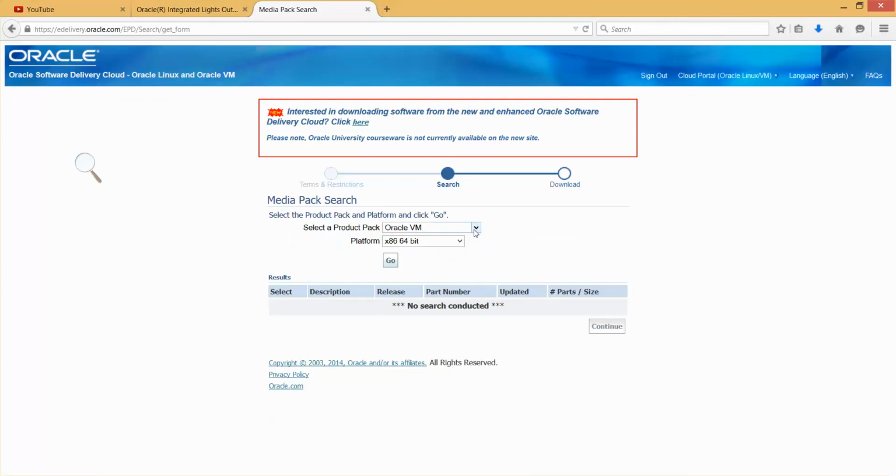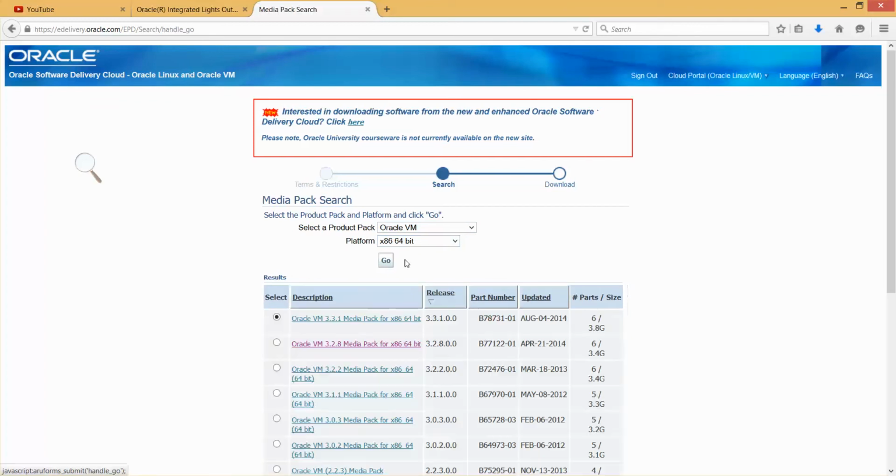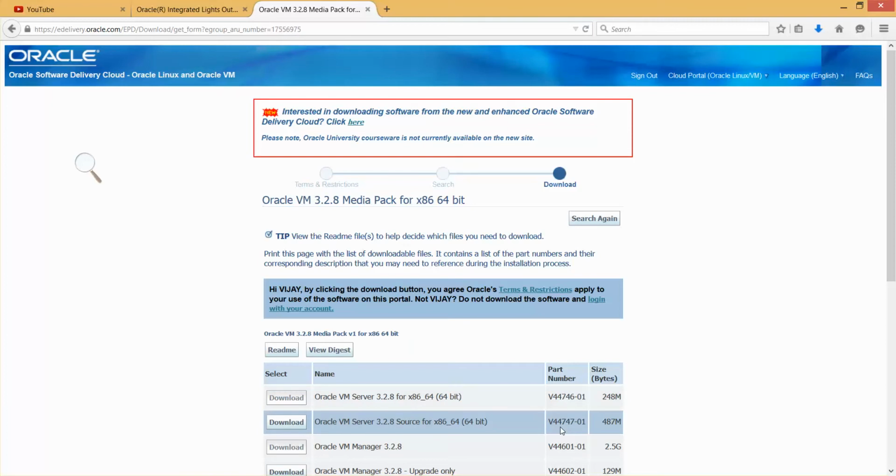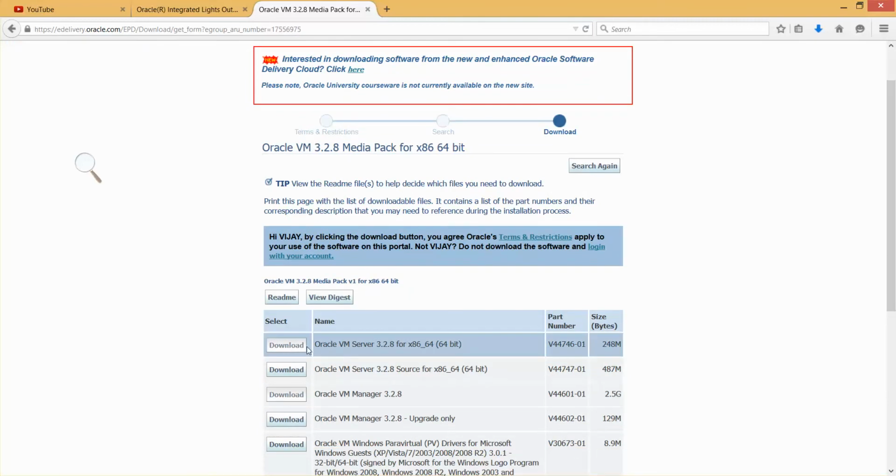Now we have Oracle VM, and we have to choose 64-bit because our servers are all 64-bit servers. Click on go, and as I mentioned, the existing servers are on Oracle VM 3.2.8, so I have to use that one only. The first one is what we download.